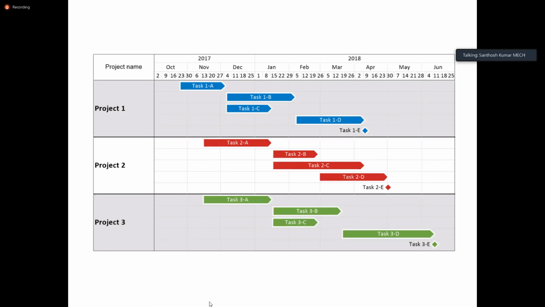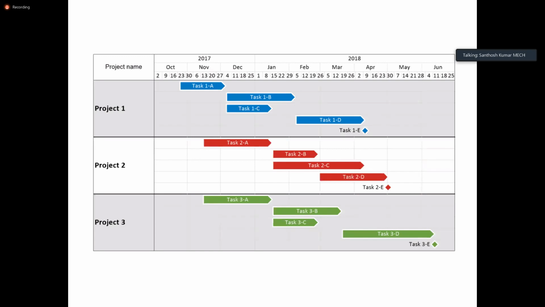For example, fabrication or machining: everything goes well in project one, you can't see any red line. But in project two, there is a lot of red line. It indicates that there is a delay. If it shows a yellow line, something is going wrong with machining or shortage of fabrication. At that time they mention it with the yellow line. So it is like an alarm.